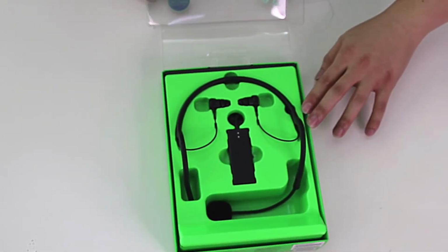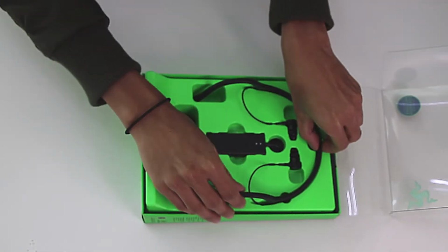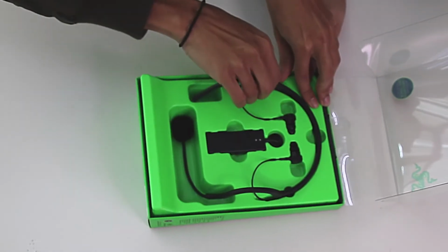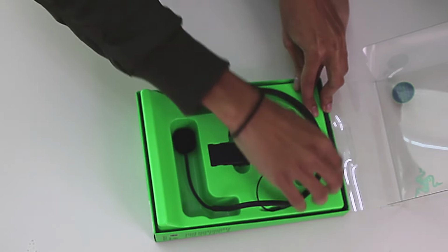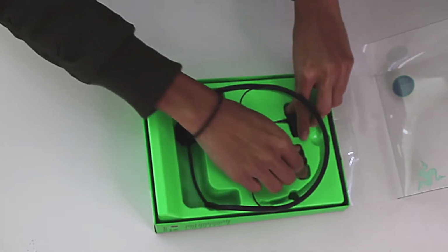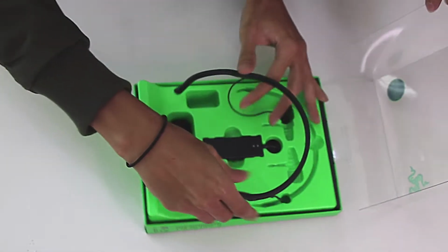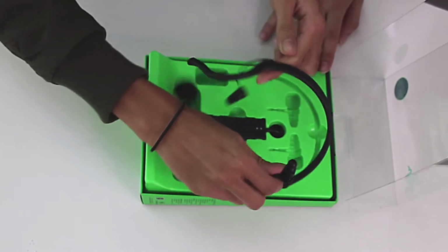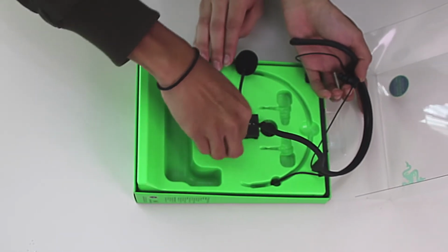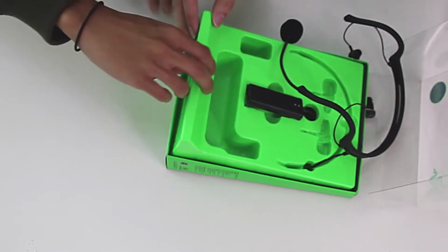Okay. Oh, this is really tight built. Right. Okay, so